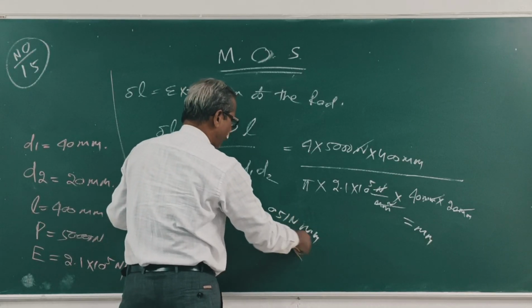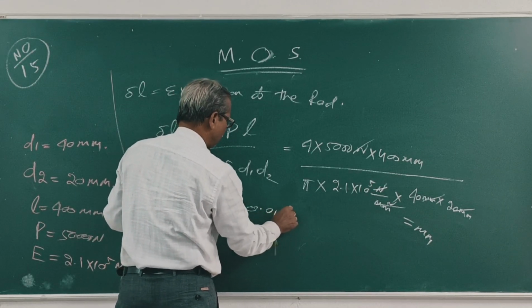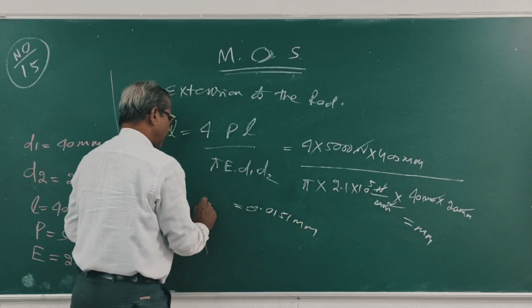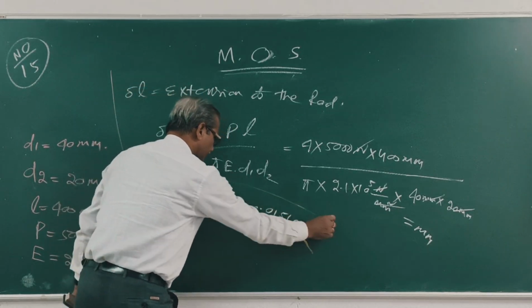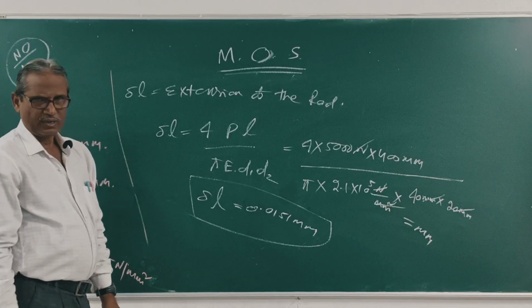The answer is 0.0151. Delta L is equal to 0.0151 mm. Clear? Next question number